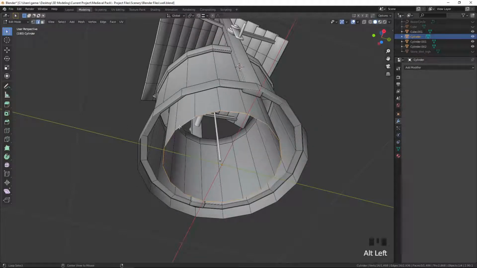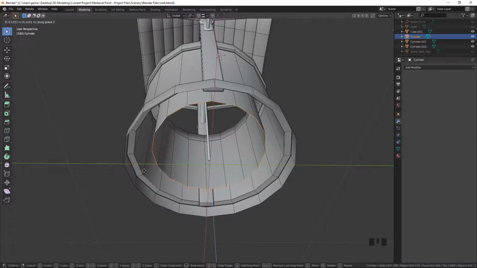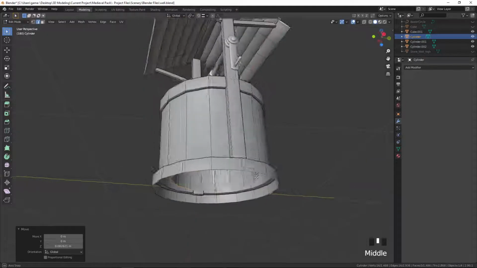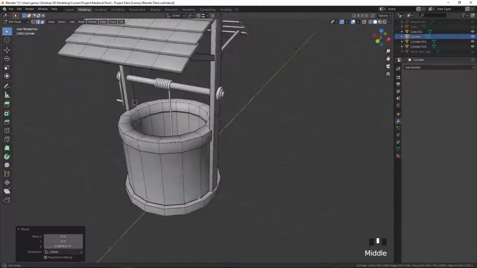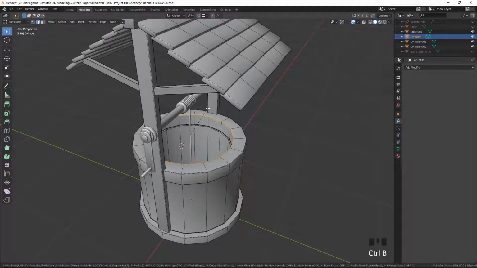I'm then going to select this edge just here, and if you look up here I've got snapping on, on edge mode. So if I press G and Z, so that I can only move it in the Z axis, and then bring the cursor over to this line here and press the control button, it will snap it to the edge just to bring it in line there. Another thing I noticed was this edge here, I need a bevel on there just to sharpen it up,